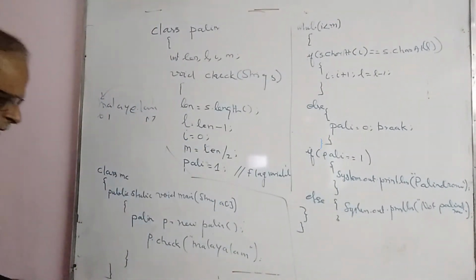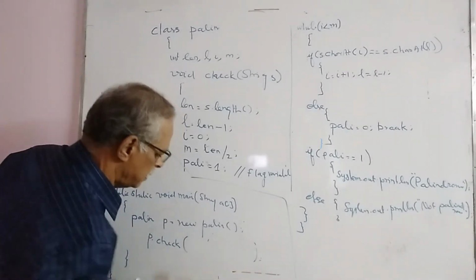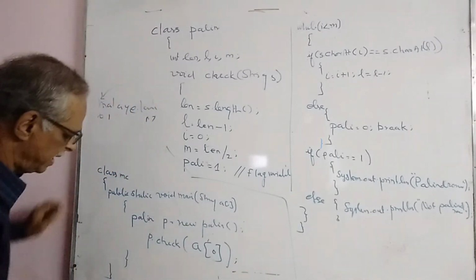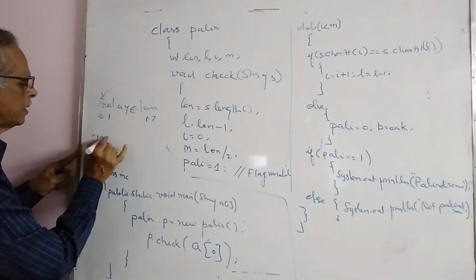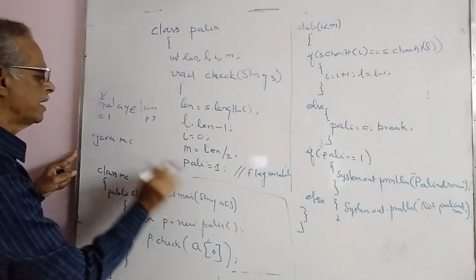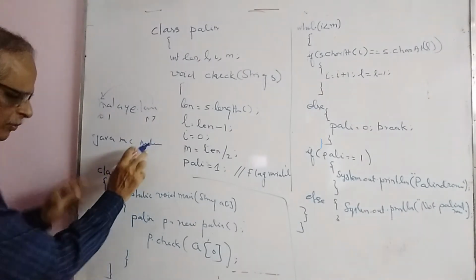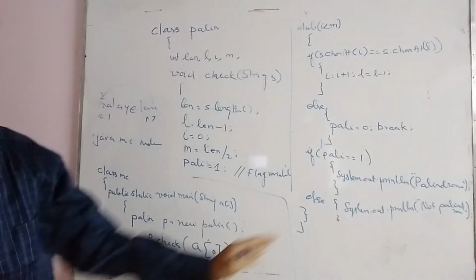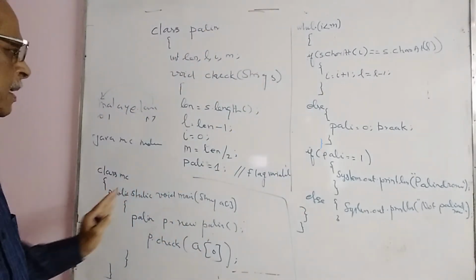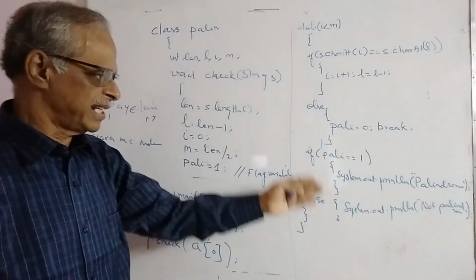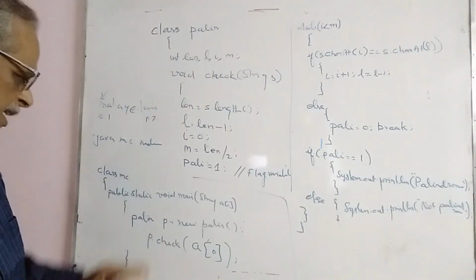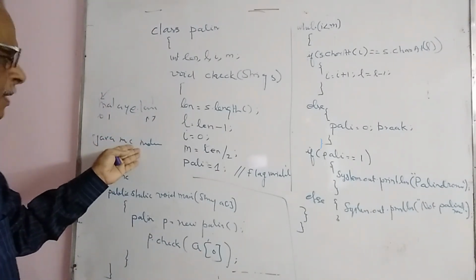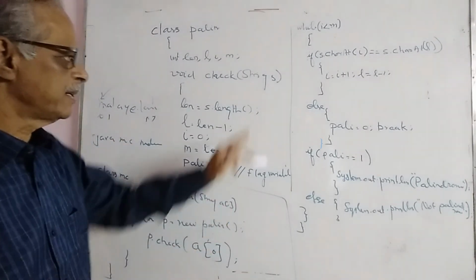We can give a of 0 here. It is a runtime parameter. While running, we have to give java, any value, Malayalam. Then this will be assigned to a of 0. Then the process will go on to check whether a given string is a palindrome. There is no need to alter the code. At runtime, we can give any value. This will be assigned to a of 0 and then it goes to the method.